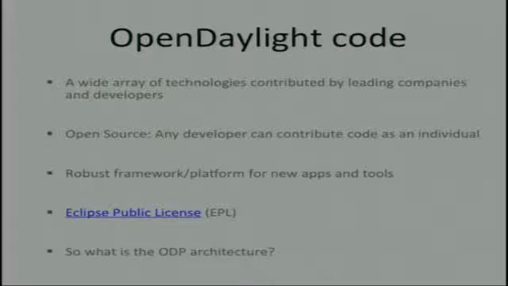What's the code thing here? All of the founding members have contributed some piece of intellectual property in the form of code. So the Cisco folks contributed a controller. IBM has things like Dove. NEC has a virtual network tenant application, things like that. But the reality is it's an open source project. So while these people booted it up, anybody can develop code, contribute code as an individual.